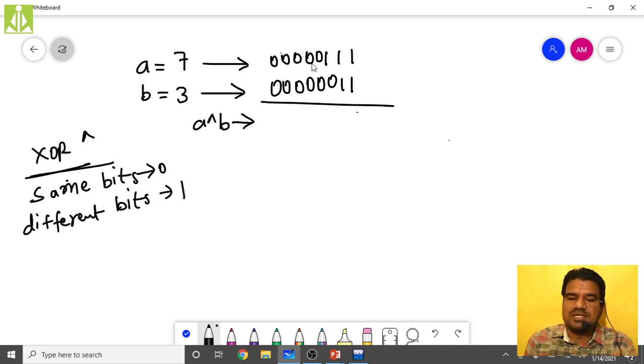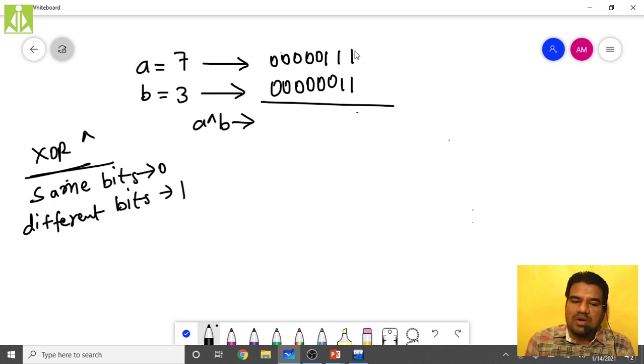Adding zeros before the number will not change the value. So if you have written 1 like this, 0 1 means it is the same in decimal. 0 0 1 is also the same in decimal. But adding zeros to the right side of the number will increase the value. 1 means normal 1. If you put a 0 on the right side, it will become 10. One more 0, 100. One more 0, 1000. One more 0, 10,000. Like this, the value will increase. So adding zeros to the left side of the 1, there is no change. That is the reason why I've simply added zeros without any meaning.